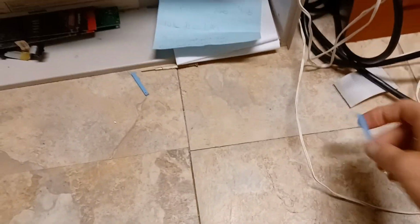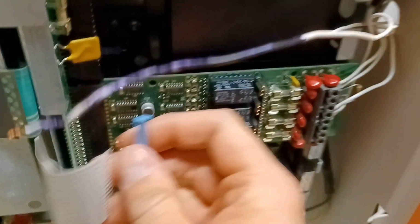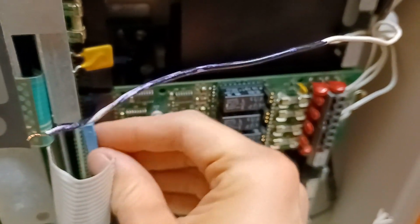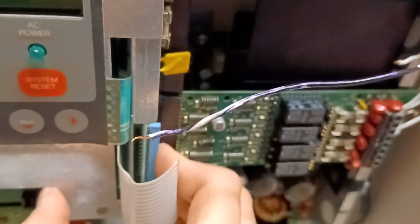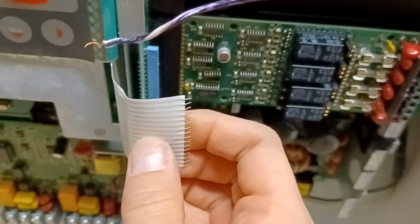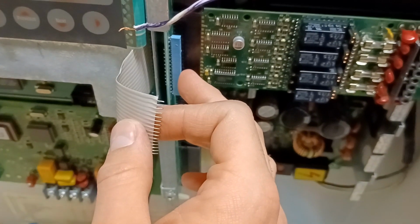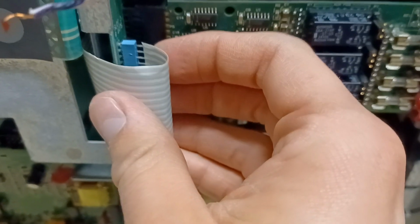Well, the power distribution board got broken. This little blue piece goes onto here, just like this, and it looks something like that. Little did I realize, this piece is not supposed to come off, and getting these pins into this piece,